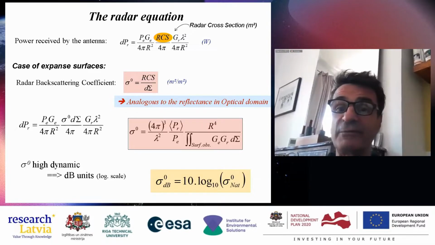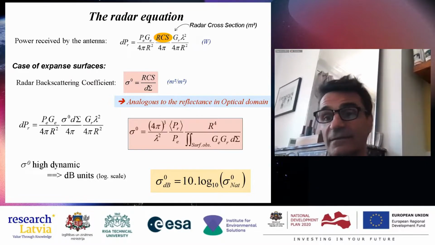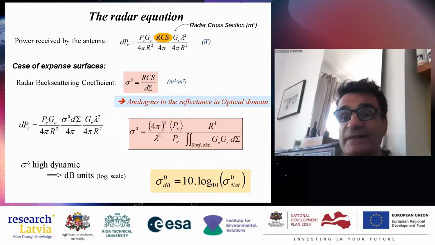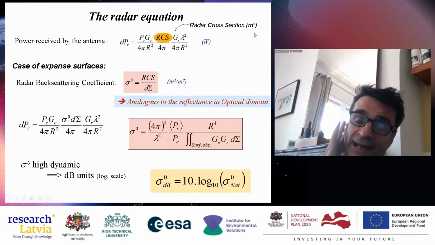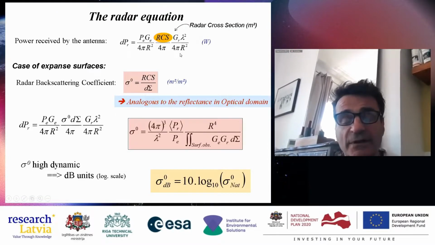So it will have a very small radar cross-section. Or you can have a very small object that is highly reflecting for radar waves, and it will get a big radar cross-section. So radar cross-section is in square meters, and in fact, we prefer